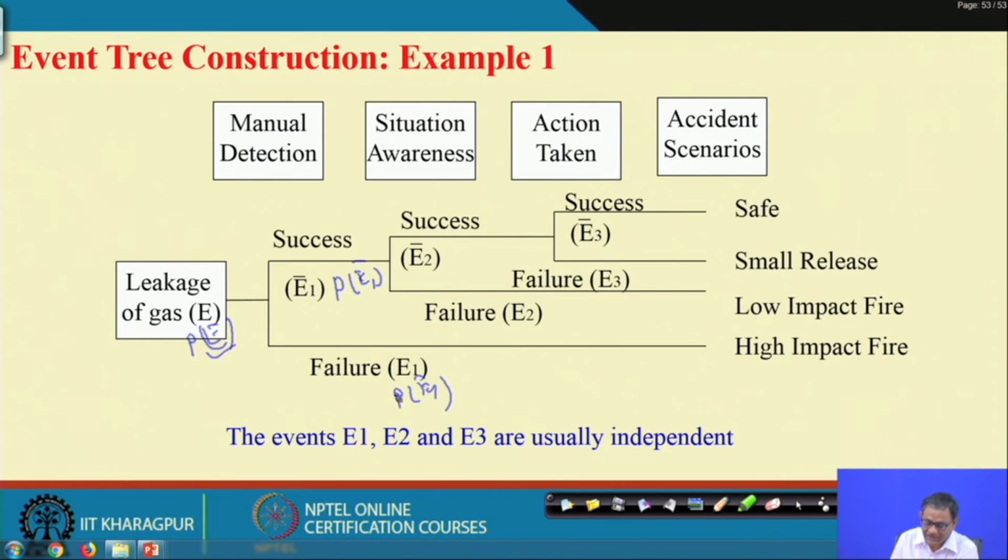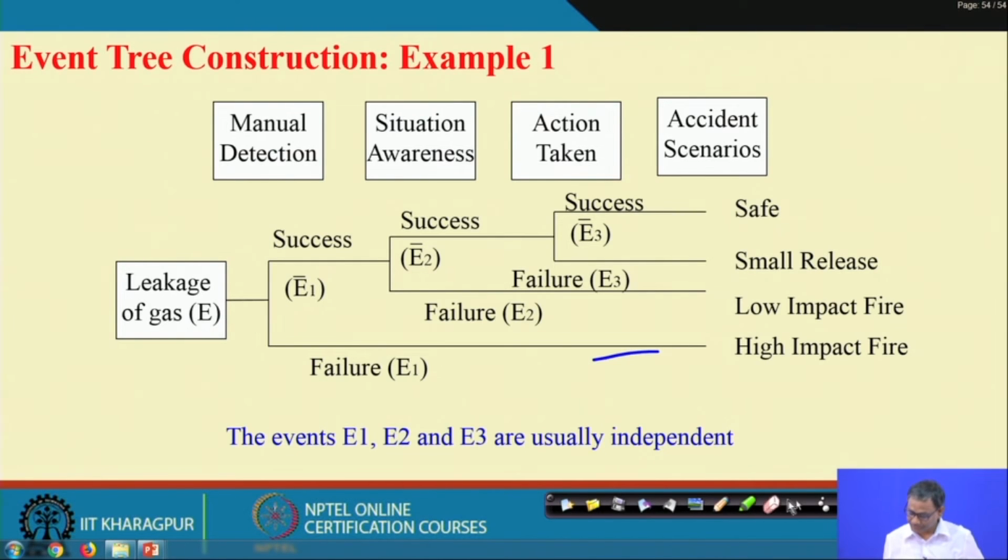So that means this into this is high impact fire; this PE into PE2 bar into PE3 bar, this multiplied by this multiplied by this multiplied by this will be the safe situation. So like this. Okay. So in this manner, if you compute